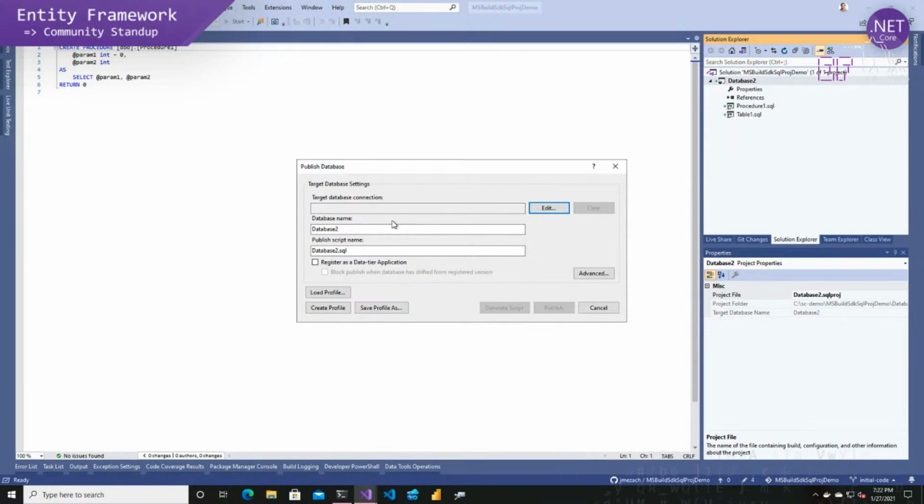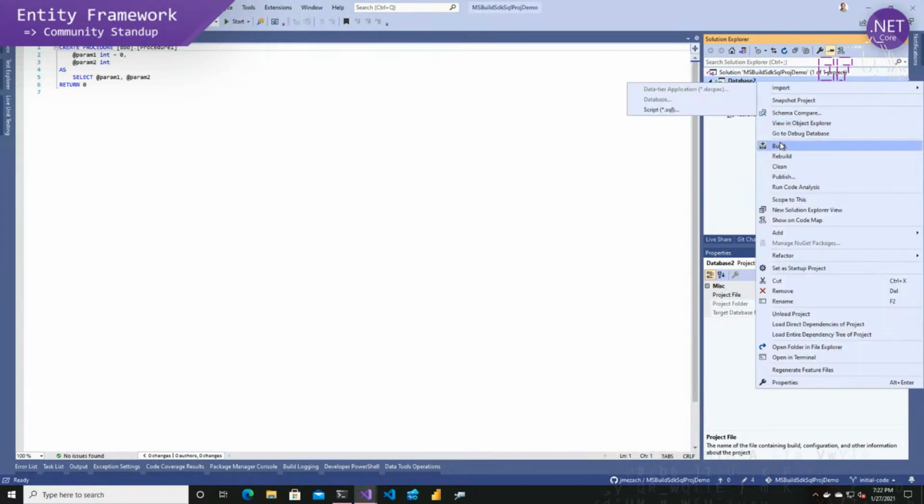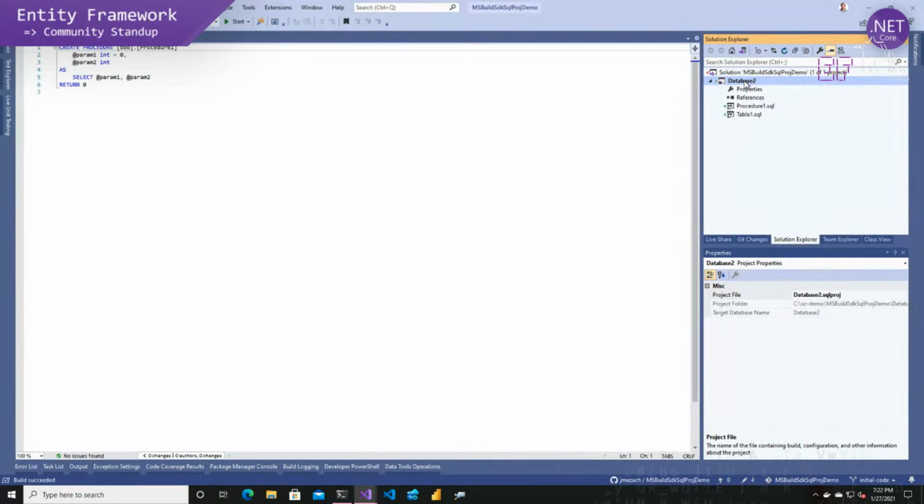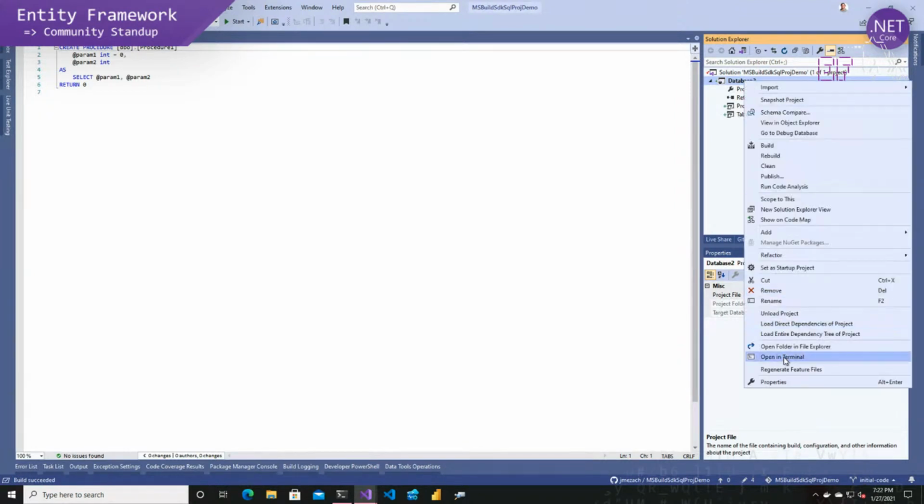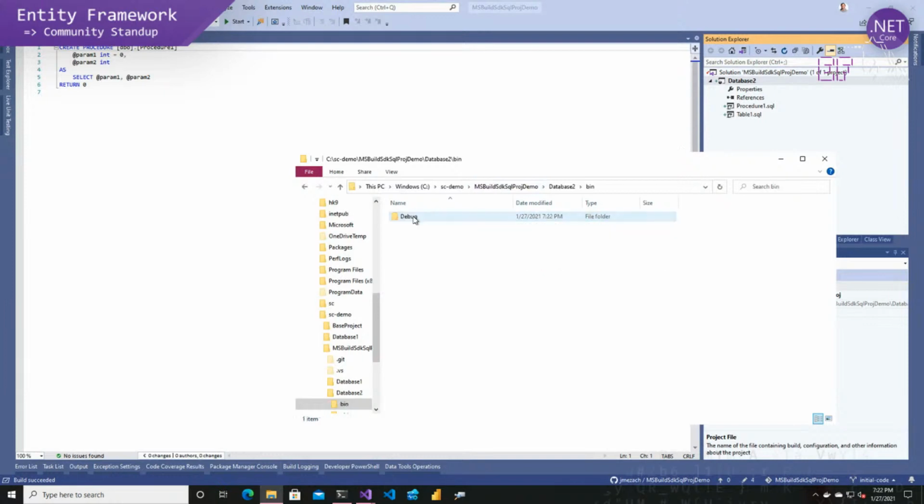And I can click publish, and it will go ahead and deploy the database, and I have this table and this stored procedure in there. And what is going to happen is that it's going to do a build of this project. So let me do that now. And if we look into our bin folder here, you'll notice that we have this thing called a DACPAC,